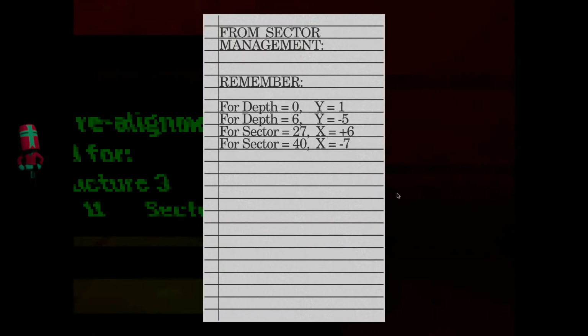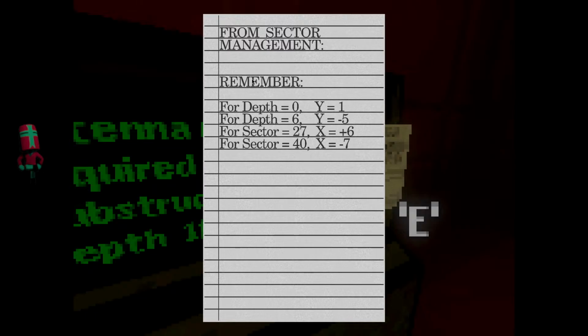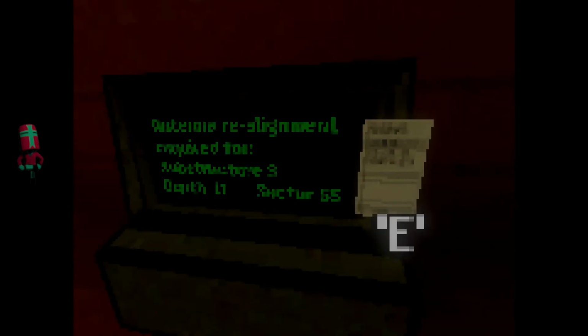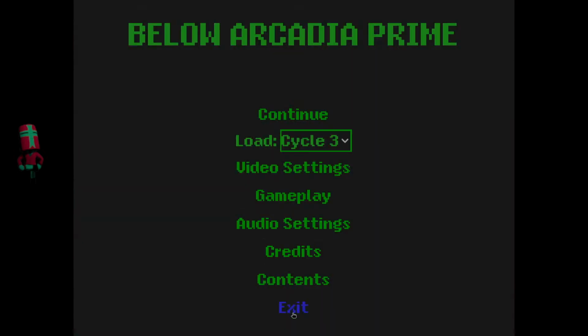Yep, it sure works. The letters are all very clear. Yep, I am happy with that.